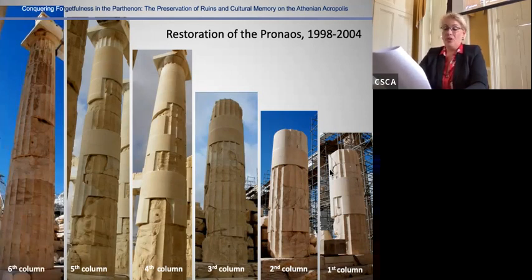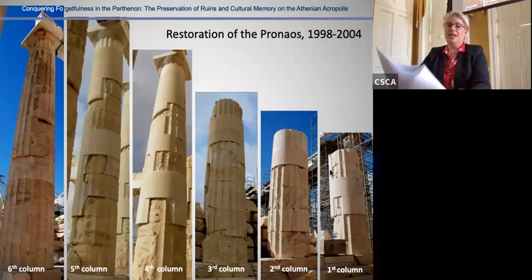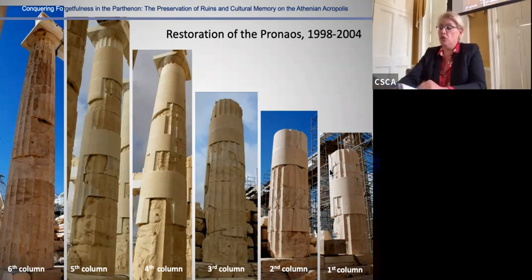The case of the Parthenon's pronaos illuminates a more general problem in restoration practices: the need to harmonize the different theoretical and philosophical views of the various specialists involved in a project, particularly on the overall scope and the essential goal of an intervention. In this instance, such different specialist perspectives led to unresolved contradictions that made finding a compatible solution for the monument